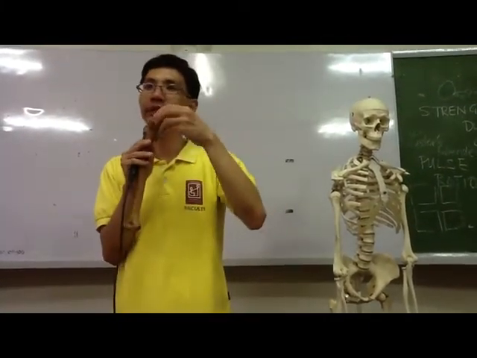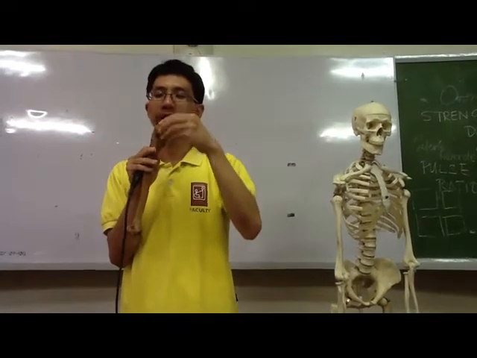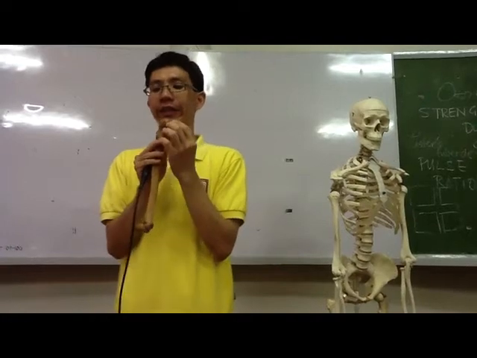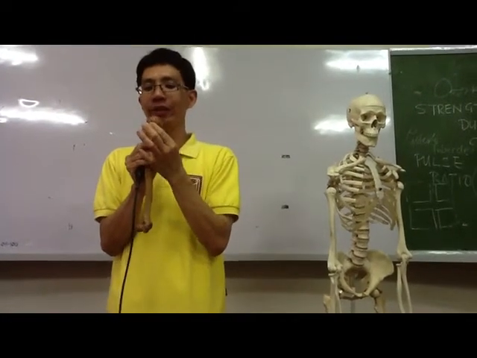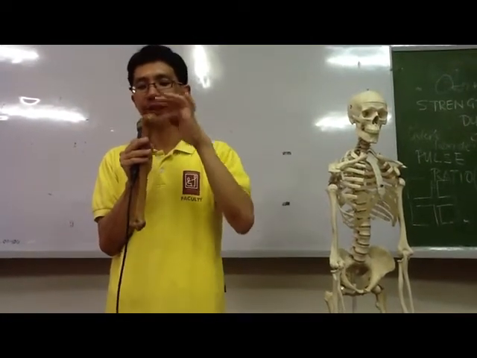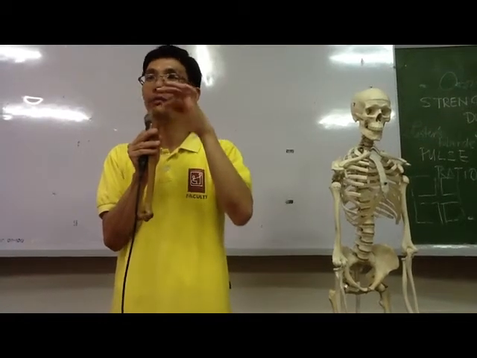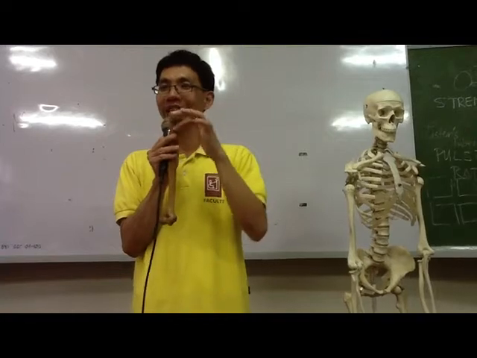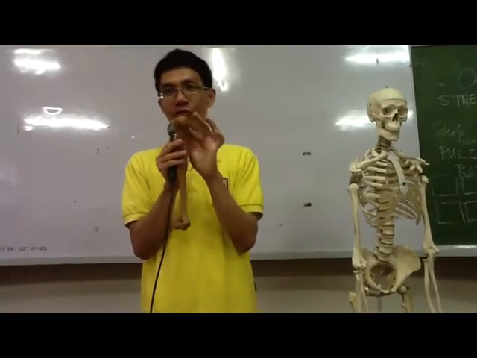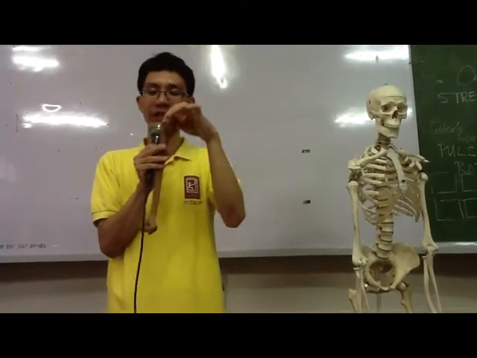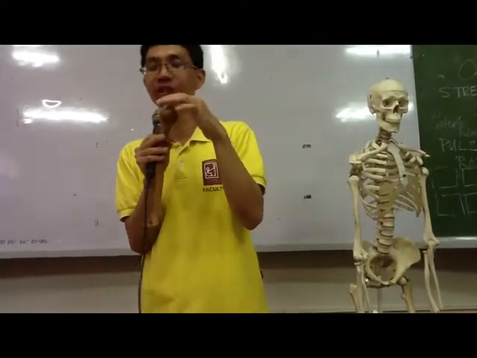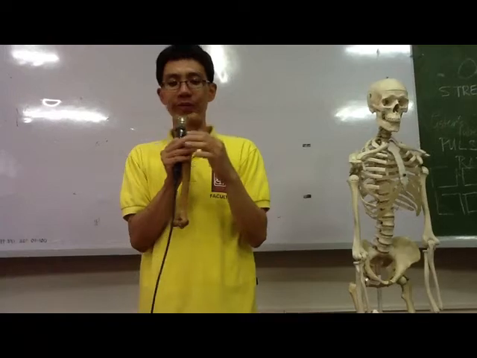This one would now be your head of the humerus, or your humeral head. Lateral to the head, you now have the neck of the humerus, and we call this neck the anatomical neck of the humerus. That is the anatomical neck because you still have another neck, which we are going to discuss later.